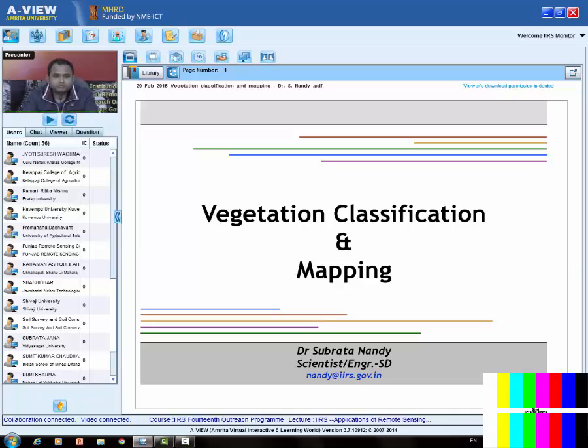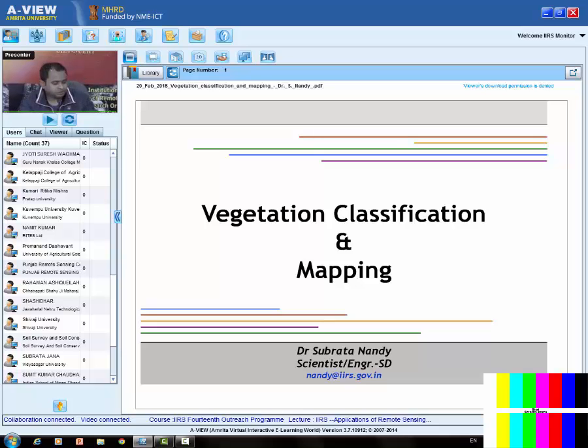Today we'll discuss vegetation classification mapping. In this lecture, basically, I'll try to explain the various image interpretation elements, like how you interpret an image and classify a map. So to start with,